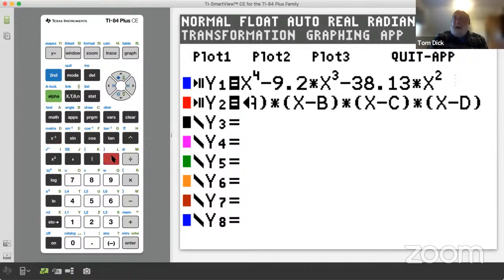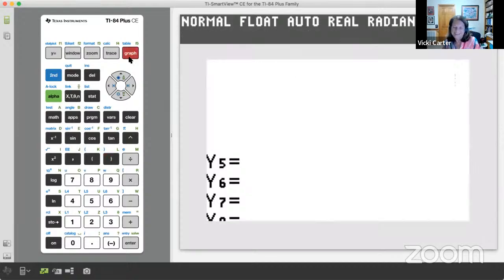So that's fully factored, but this A, B, C, and D are values that we can manipulate in the transform app. Now, they actually already have values. You can guess what the values are. They're the ones we just stored away, our zeros. So if I graph this,